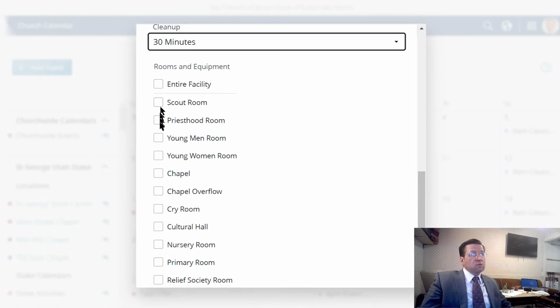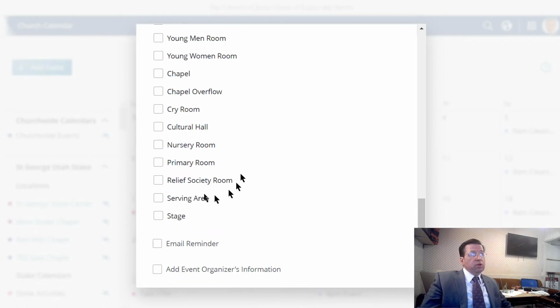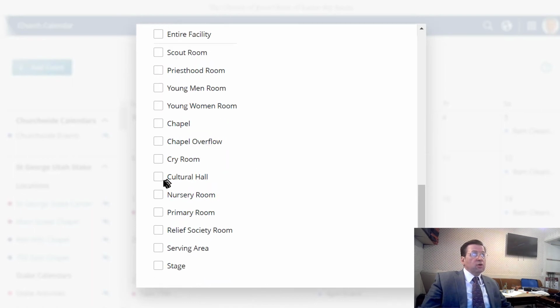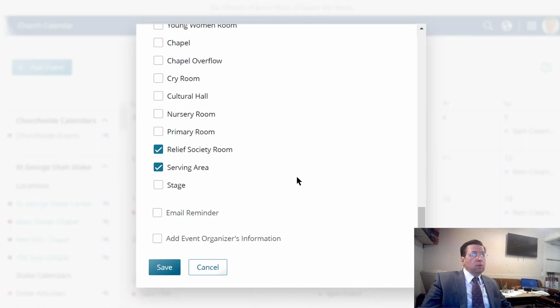And then click on the facilities that you will be using. So be specific, because someone else may want to use other facilities that you're not using. So don't always just click entire facility. Come in here, and if all you need is the serving area and the Relief Society room, then just select those 2. And then you can add a reminder